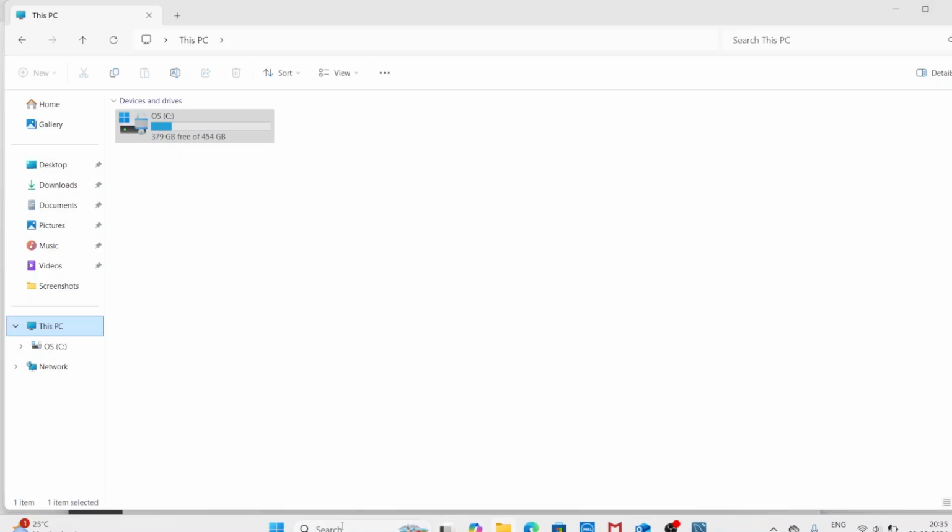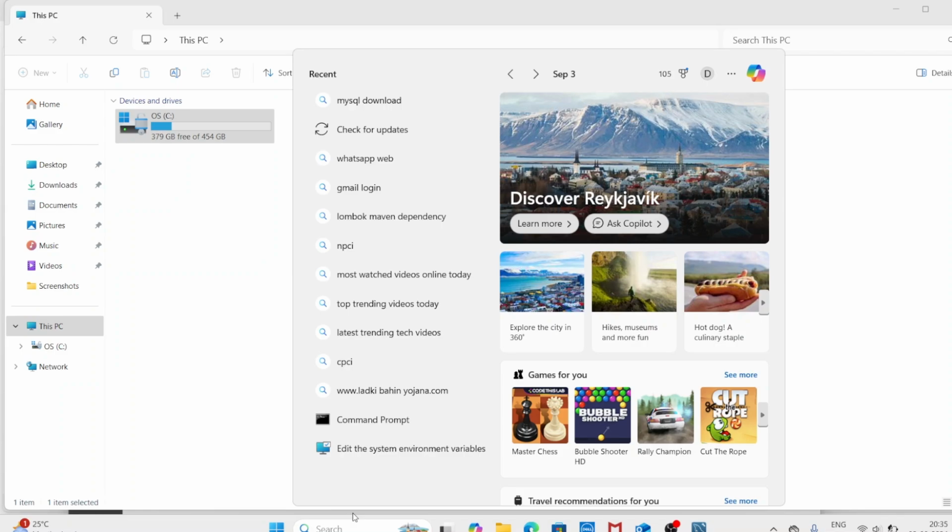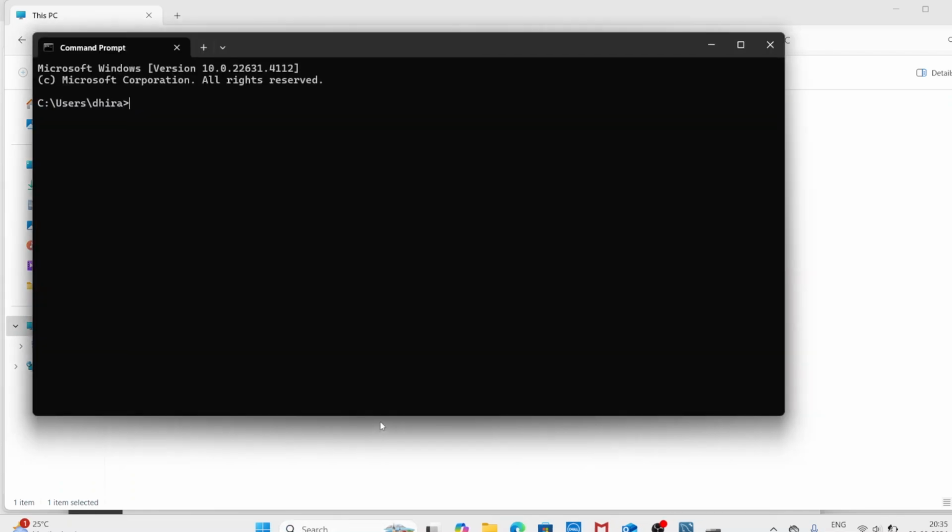Now open the cmd command prompt. Type mysql --version. It will show your MySQL community version 8.0.39. This is the installed version. So we have successfully installed